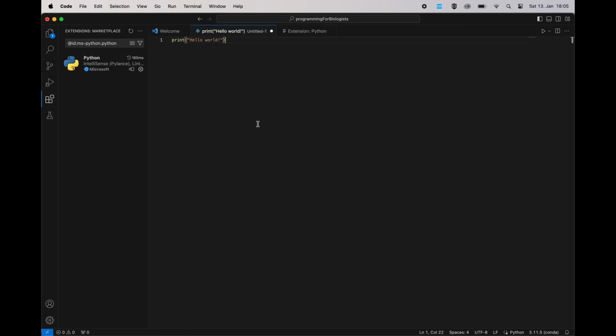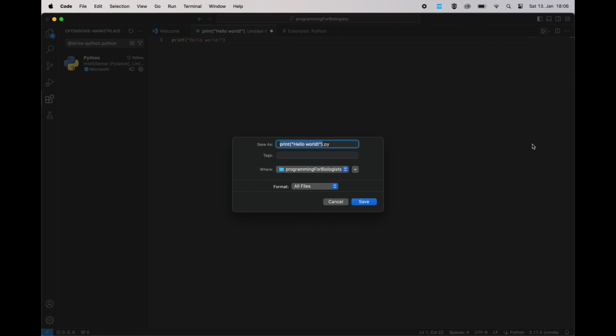So if you've got it looking like this, with print, brackets, hello world, well, it doesn't have to have the exclamation mark, and then click run, you'll be prompted to save the file because Python scripts need to be saved before they will run. You don't want lots of brackets and inverted commas in your file names. This is just really bad naming convention. So you can just name it something simple that's easy to read. So I'm just going to type hello world